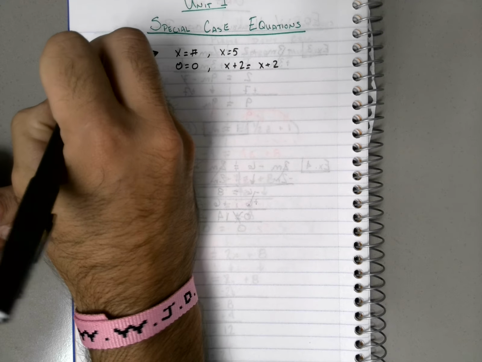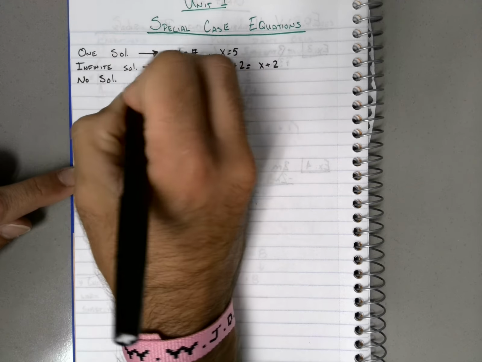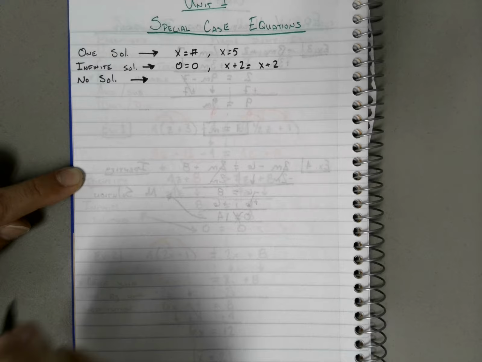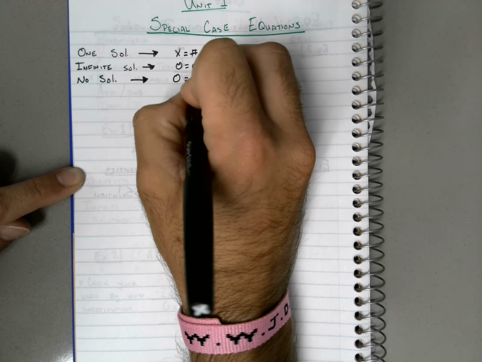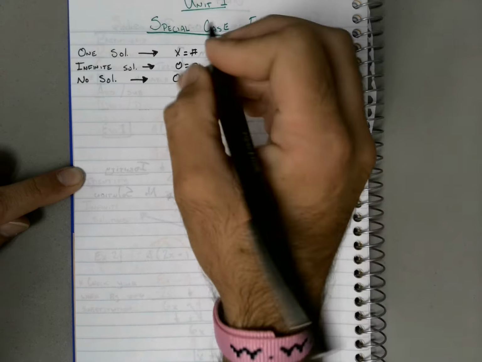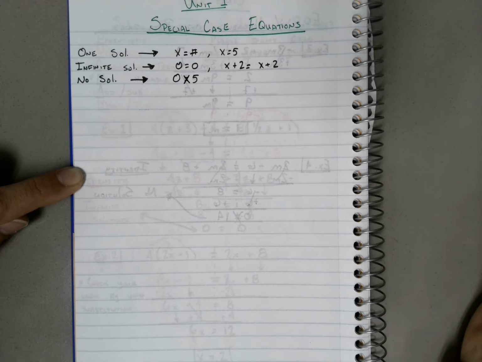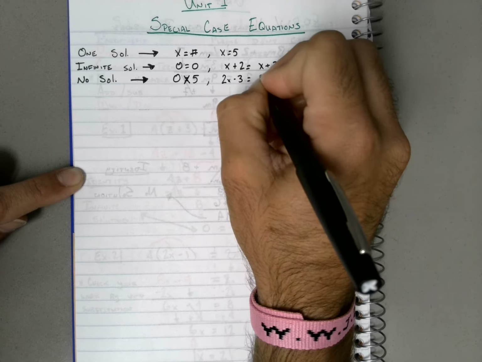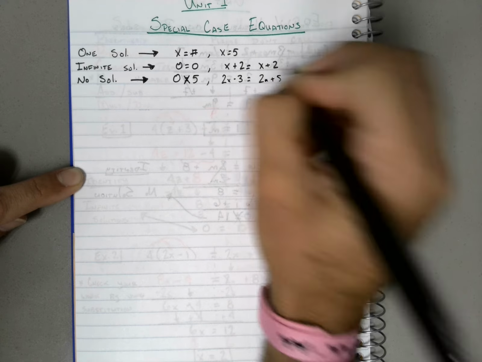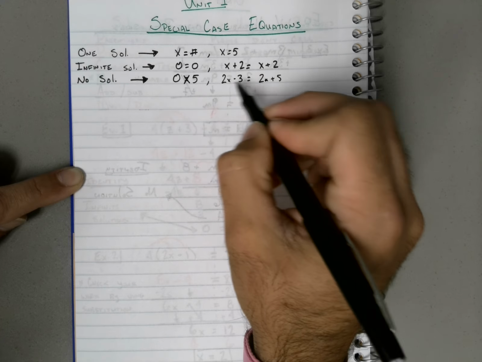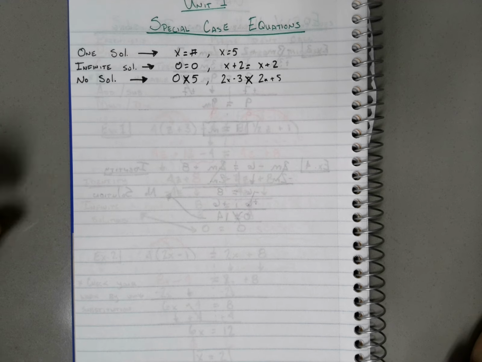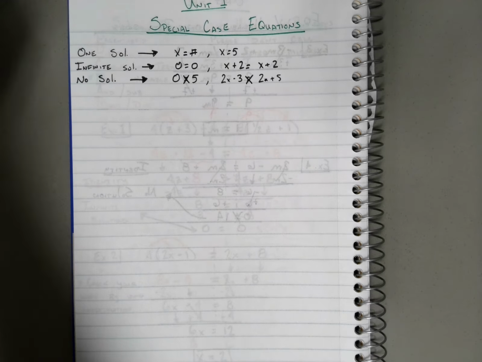And the last is no solution. It's basically exactly what it says. There is not a solution. So, for example, 0 equals 5. 0 cannot equal 5. They're different. 2x minus 3 equals 2x plus 5. Those are different. 2x and 2x are the same, but negative 3 and 5 are different. No solution. Okay, so before we start, remember,